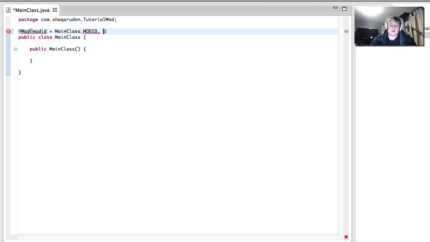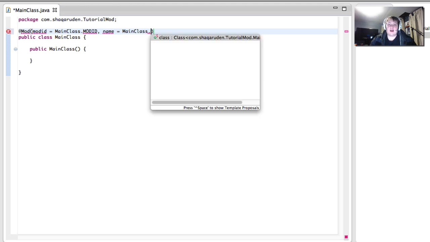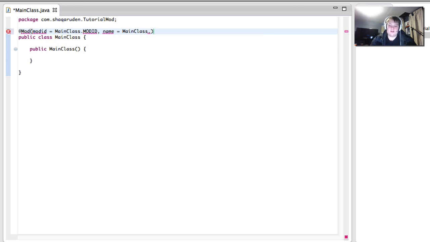Next one is going to be the name. We're going to do this a little bit differently than I showed you in the last tutorial, it's just going to make it work, and then I'll go over that other file again later. And make sure you put commas in between each of these. So modid equals MainClass.MODID,